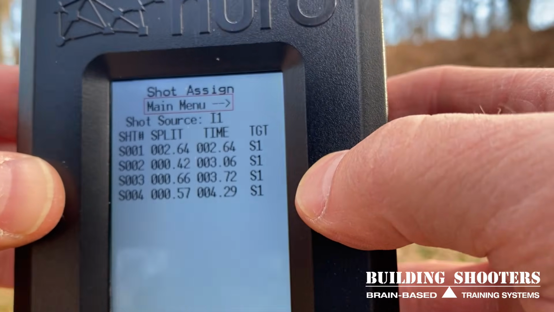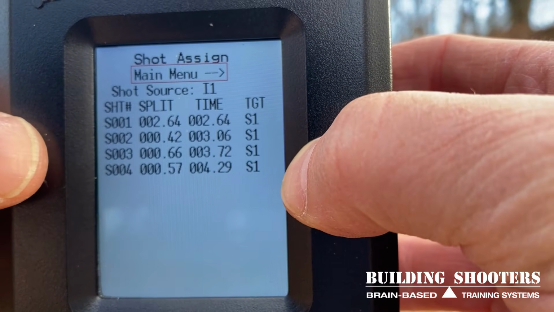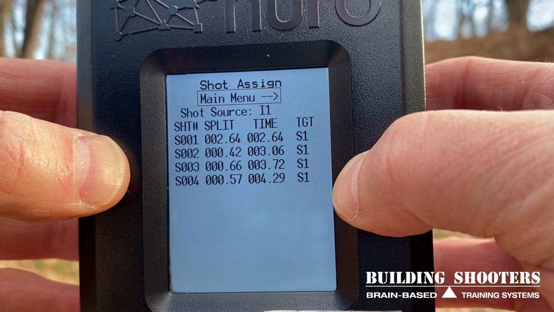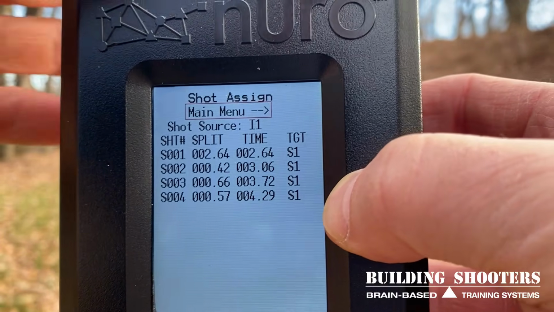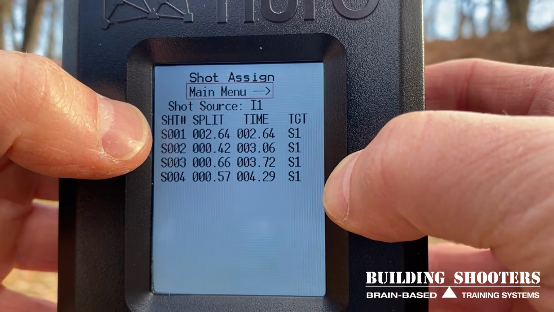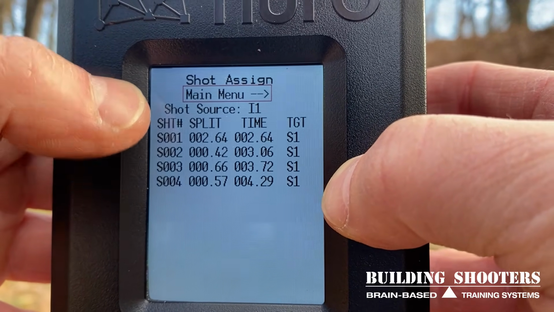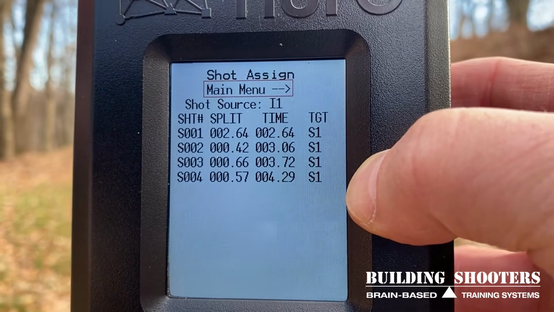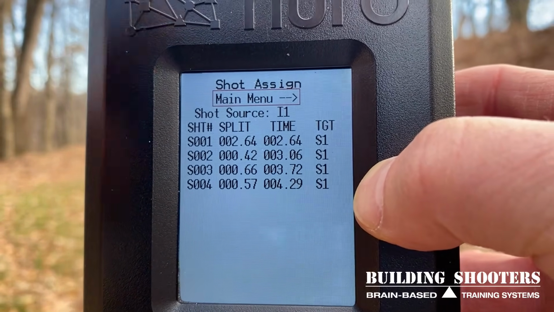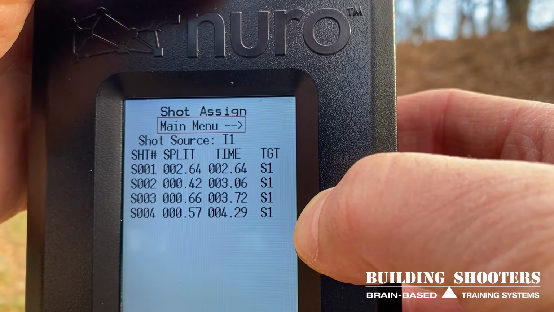So in this case, because I have more than one target involved and more than one NURO projecting, the NURO doesn't know which targets I shot at, but to give me good data, I'm going to have to tell it. So I know that my first 2 rounds were fired at the target on the right, which is where this started at. And the first target to initiate is always going to be the default, right? That's what these are always going to be default assigned to. So now I know my third round